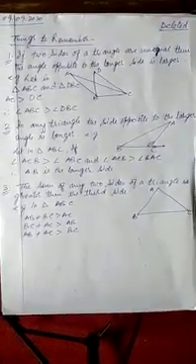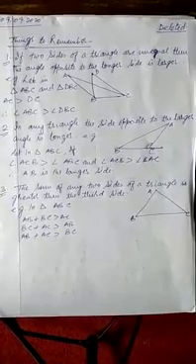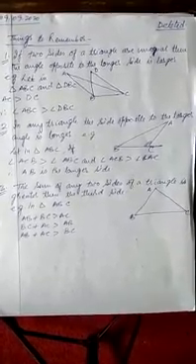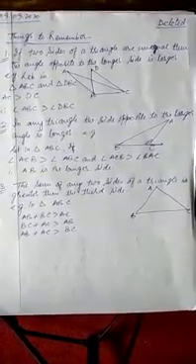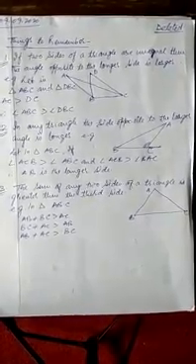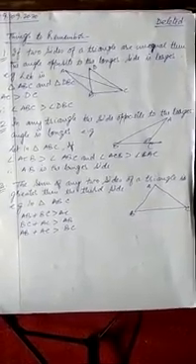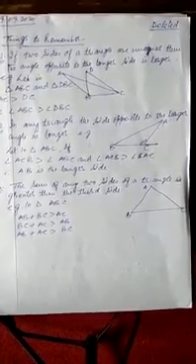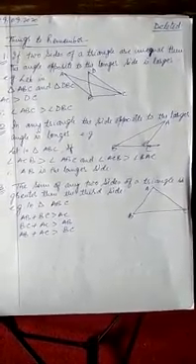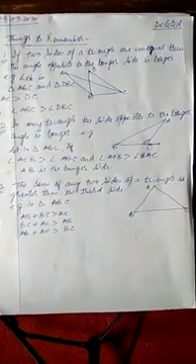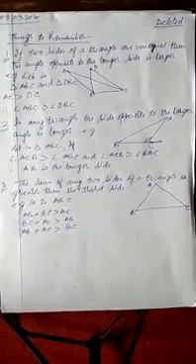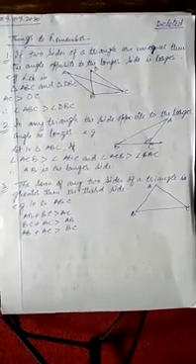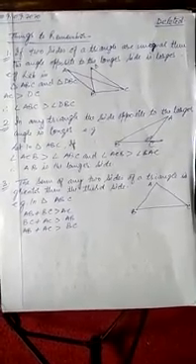And the second thing is, in any triangle, the side opposite to the larger angle is longer. Means, we can see in triangle ABC, angle ACB is greater than angle ABC and angle ACB is greater than angle BAC. Therefore, we can say AB will be the longer side in triangle ABC.